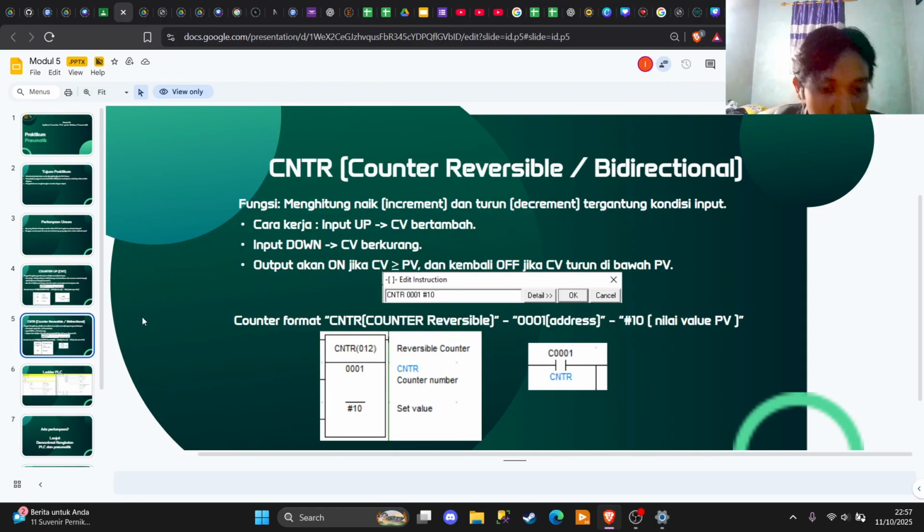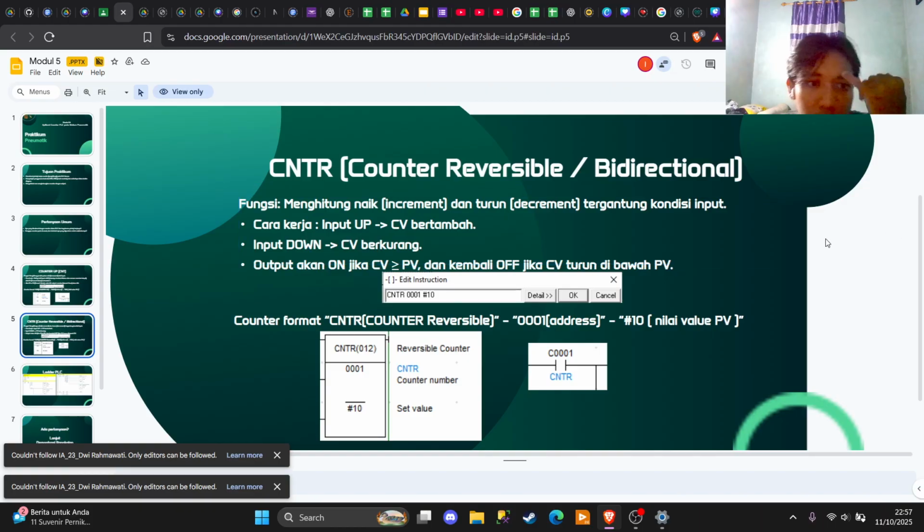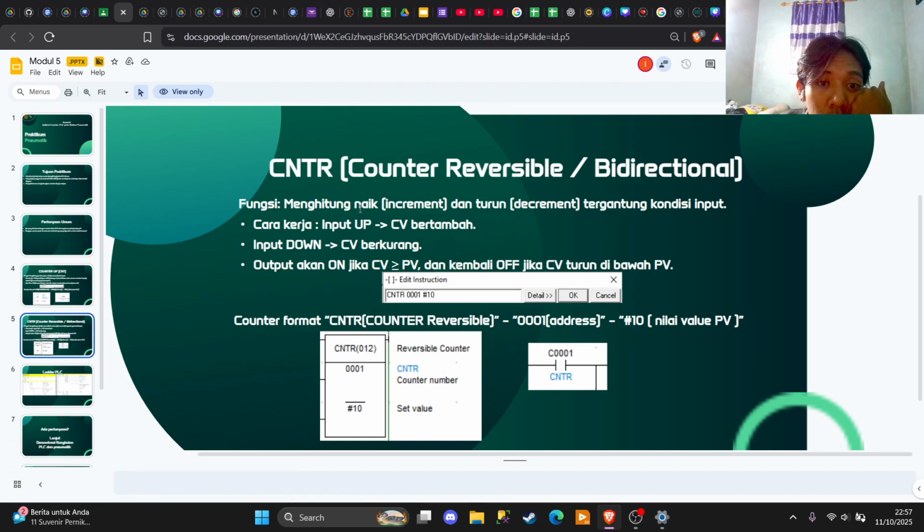And then we should talk about the counter that is bidirectional. First, we add one increment and down decrement when the input.